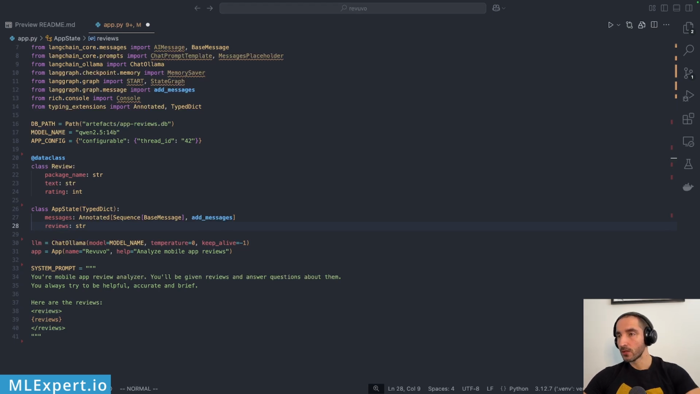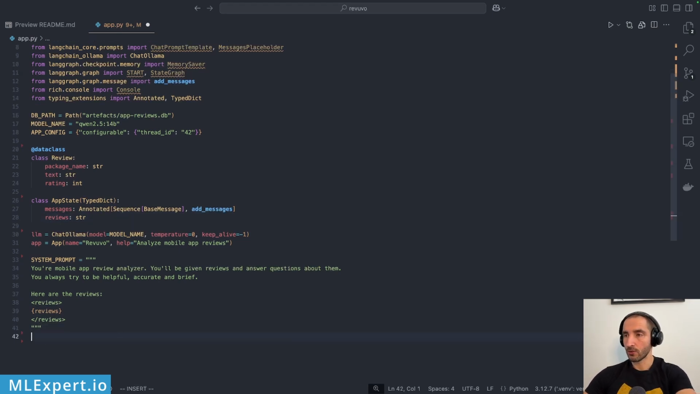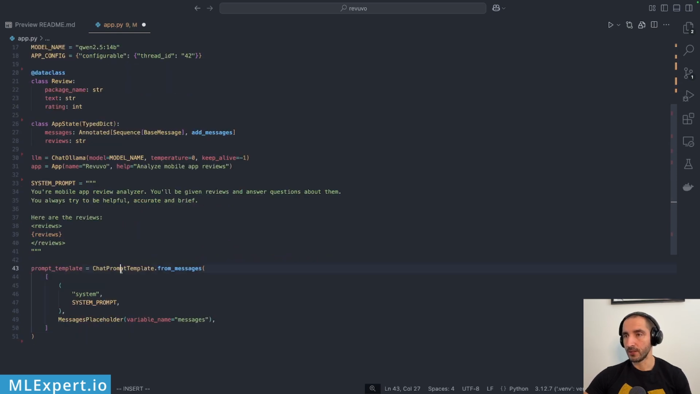Now, the system prompt, we're going to be using this within the chat prompt template, which is coming from LangChain. What this will do is create an array of messages that we're going to be passing to the LLM. These messages are going to be included also with the chat history that we're going to be creating